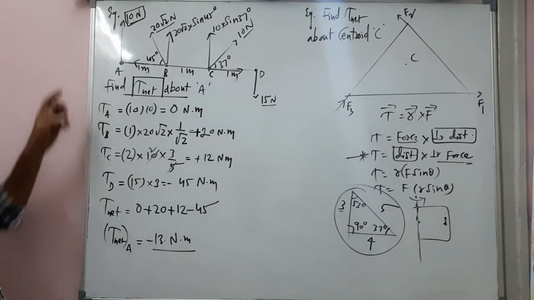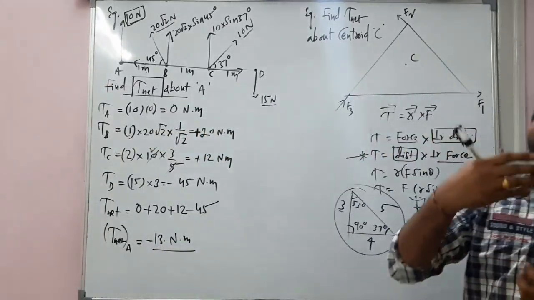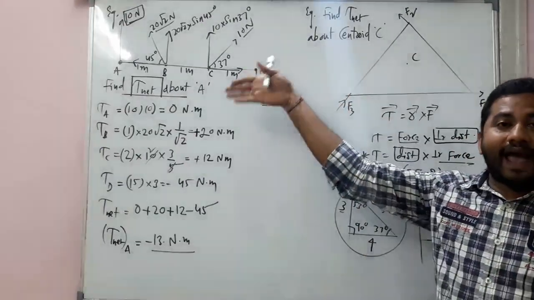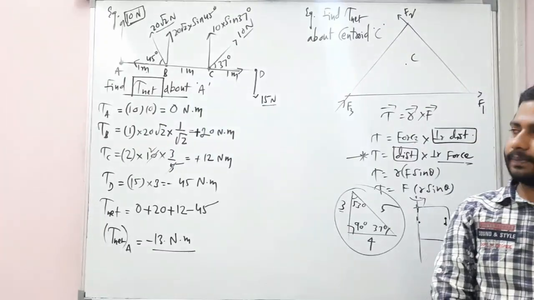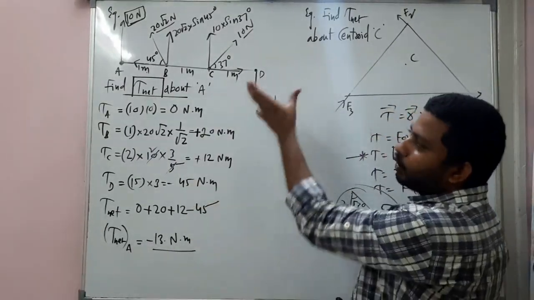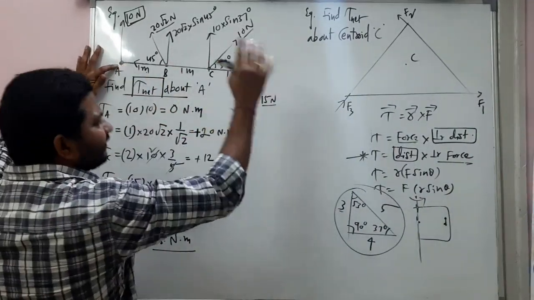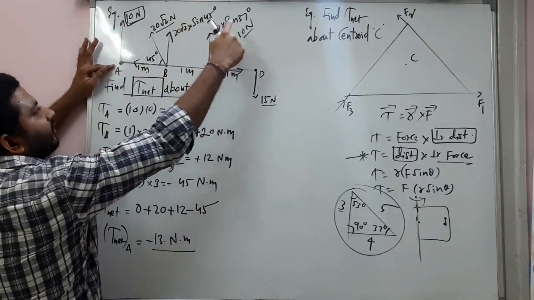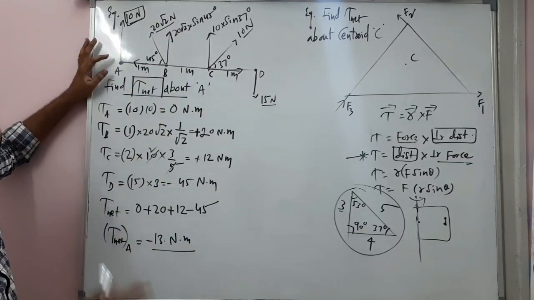Sometimes a question can also be asked: what is the final rotation of this rod about the point A, clockwise or anti-clockwise? Like that the question will be asked. What is the net rotation of this rod? This is the complete rod, right? I told you from A to D there is a rod. Due to this force, this force, this force and this force, a net rotation is possible. What is that net rotation?